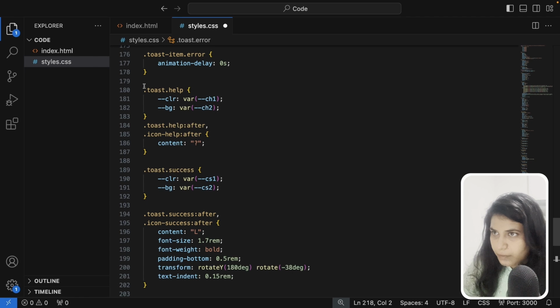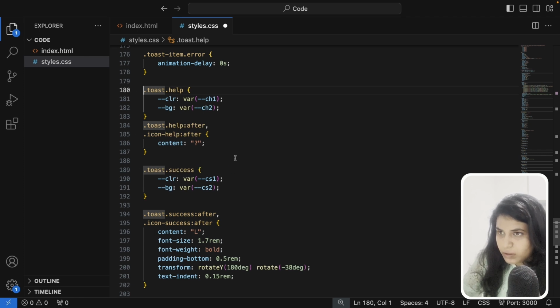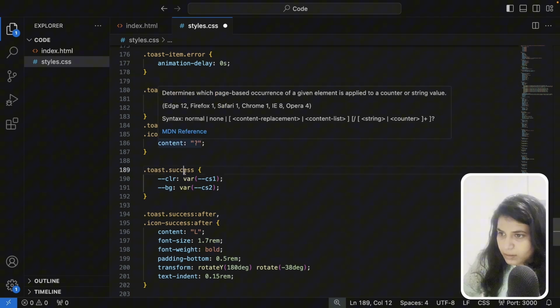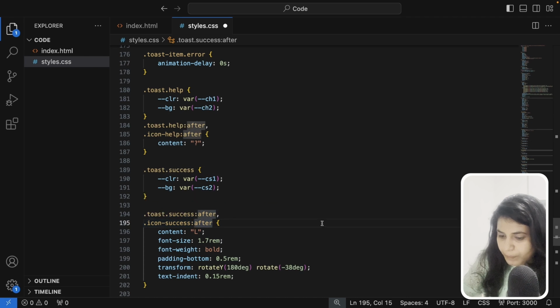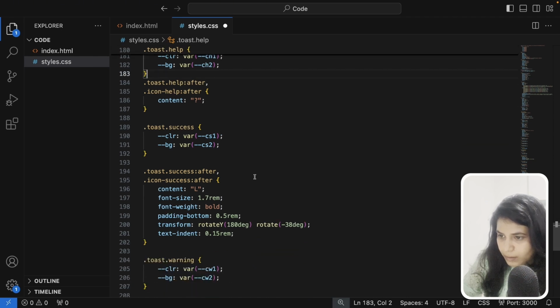So first we have this toast help. What it does is these blocks define styles for different types of toasts: help, and then success, warning, and error. Each toast type is assigned a specific color that we initially created and a background color,